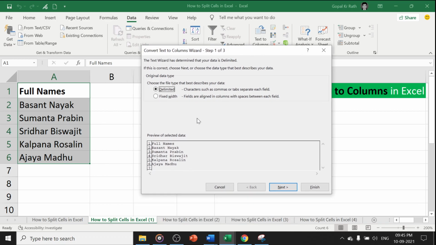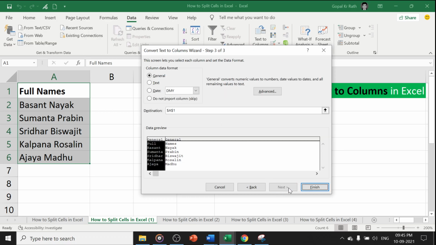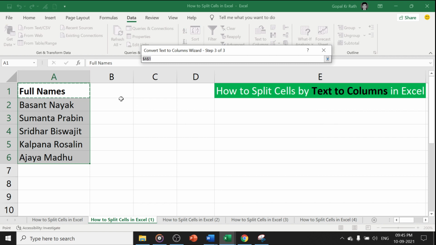Here you have a lot of options. I have a separate tutorial video, and you can find the video link in the description as well. Let's say you have selected the delimited option, then click on Next. Here I have space, so click Space and click Next, and if you want the destination cells to be different, just select the cells